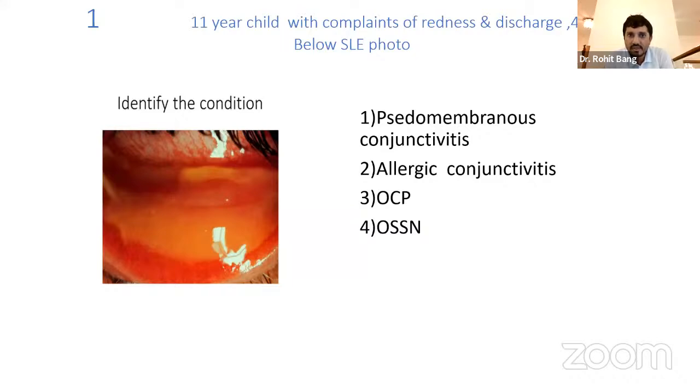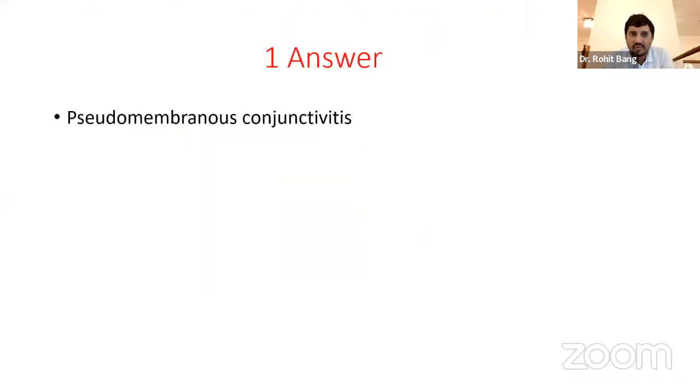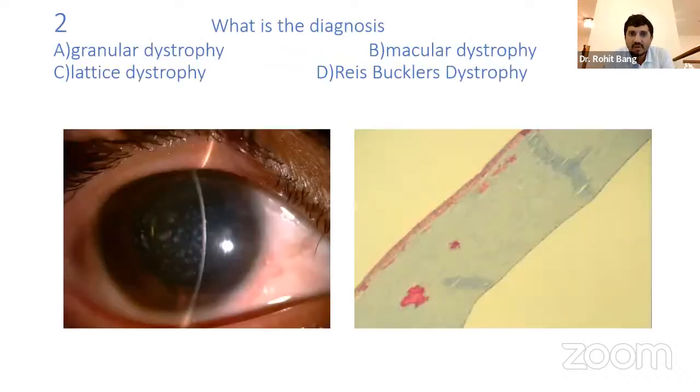So it's a conjunctivitis, whether it's a pseudomembranous, allergic, or whether it is an OCP or OSSN. So coming to the answer, it is obviously pseudomembranous conjunctivitis, where the membrane can very easily be peeled off. Going to the second question. Now this is a question of a